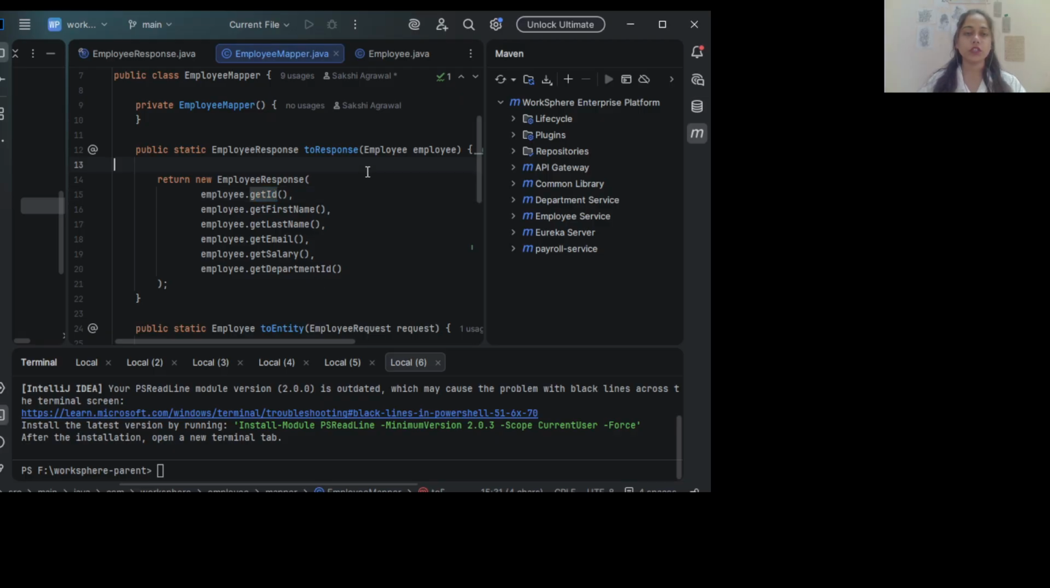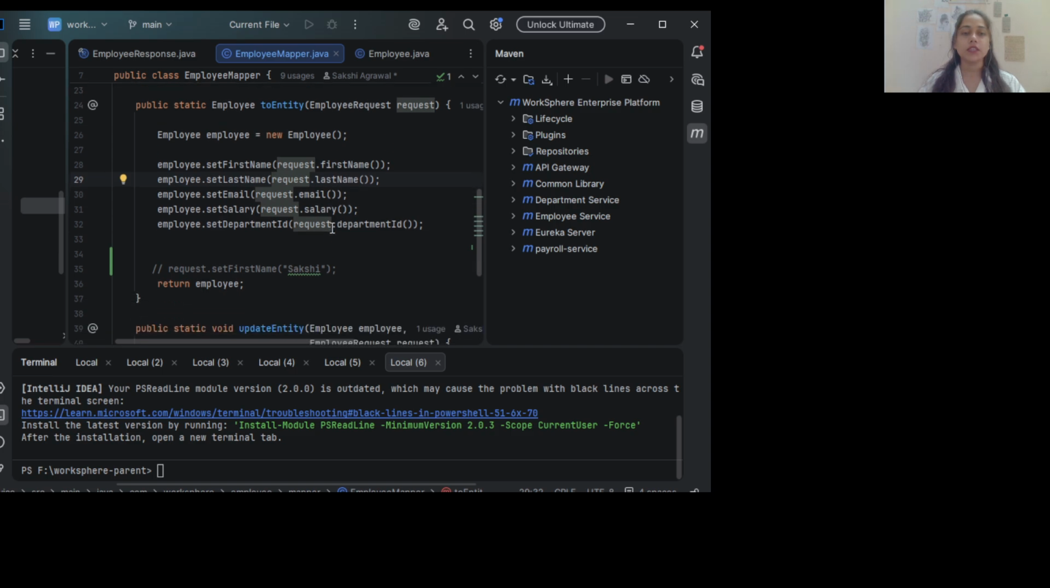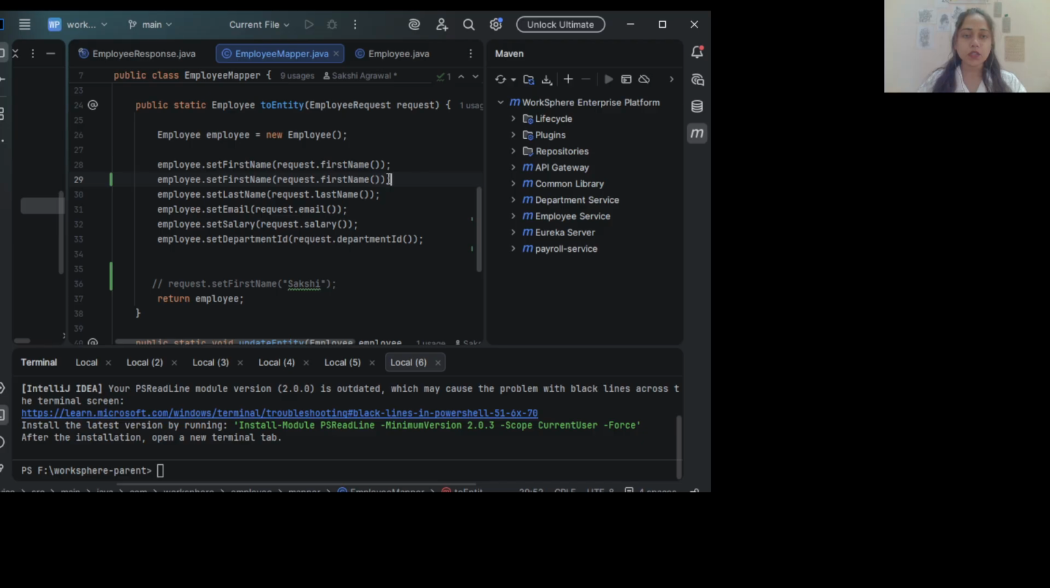But if you see for the records, the request is the record class. If we are calling it, we are not calling it by a getter method. Instead, we are calling directly by its field name, which is firstName: request.firstName, request.lastName, request.email. That means records do not allow us to use getFirstName or getLastName. I can show you an example. If I call getFirstName, how we used to call for the entities,